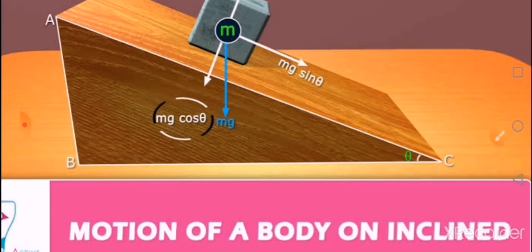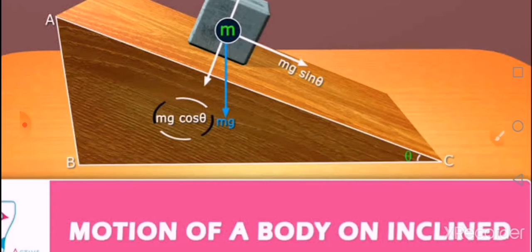So in your last video we started discussing the motion of a body on an inclined plane, and the first case we have already seen, where the body moves along the incline due to its own weight, with theta greater than the angle of repose theta c. Now today in our class we are going to discuss the next section of the same portion, that is the B part: motion down an inclined plane when theta is less than theta c.